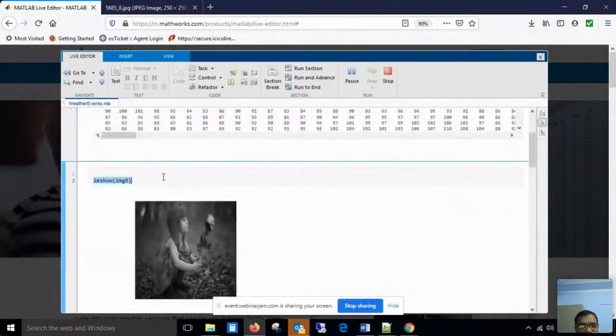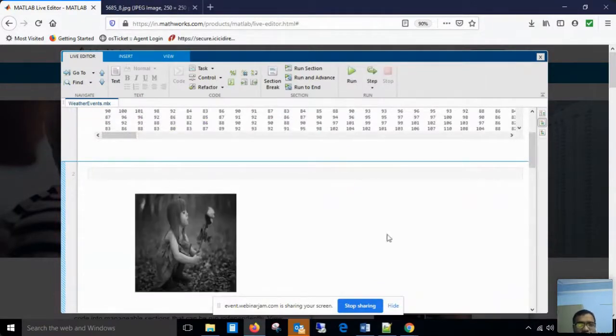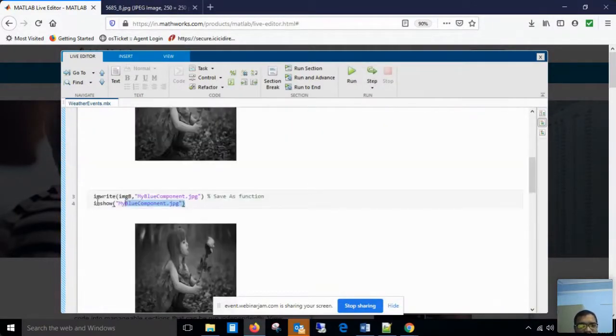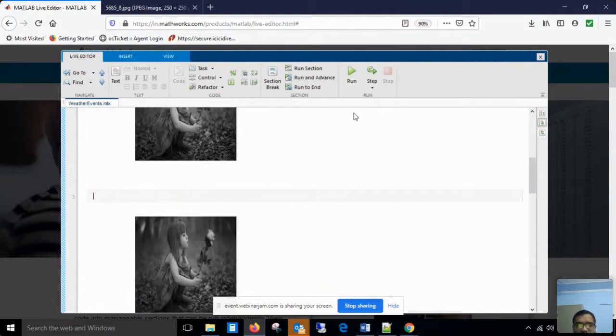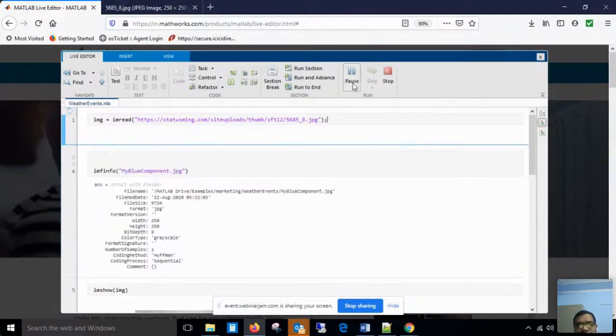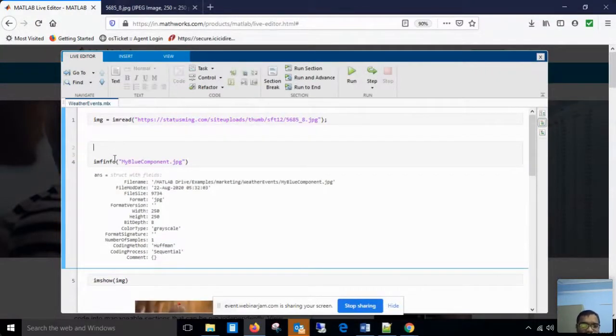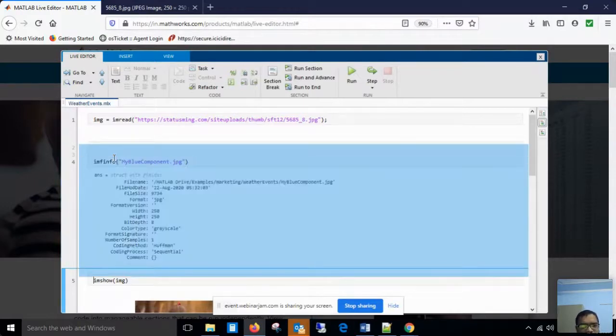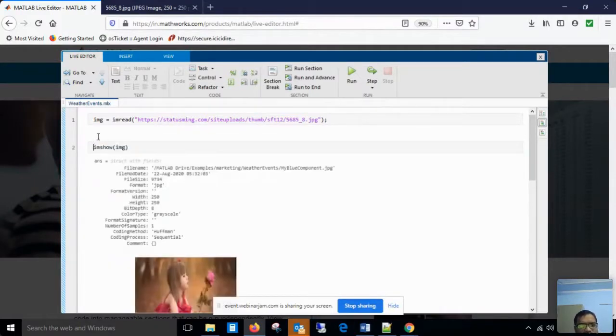Then this blue component display is also not required, so we can remove it. The red one is also not required, so I can remove this. Fine. I can put a semicolon after the command. Whenever you put a semicolon after any command, the immediate output is not displayed. As you can see, when I executed this command, the matrix output was shown. If I put a semicolon and execute this command, then you can see the command has been executed, but there is no output. Because it is not required right now, I can simply remove this also.